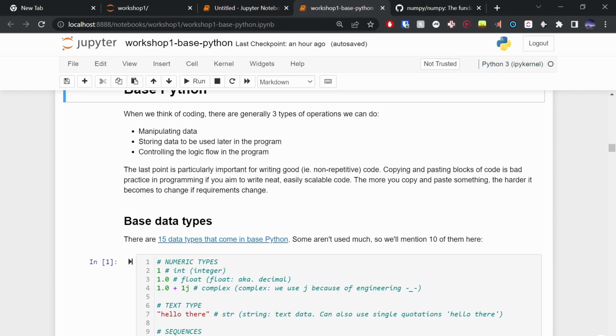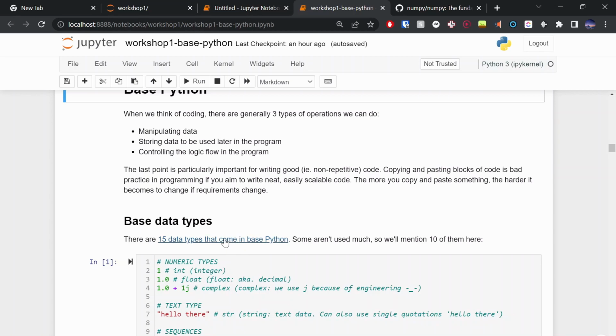The reason for that is, as soon as you start copying and pasting, and then down the line you want to change that code, if I've copied and pasted that line 100 times, I have to change that line of code in 100 places. Now, what happens if I've forgotten to change it in one of those 100 places? It just becomes very difficult to manage.